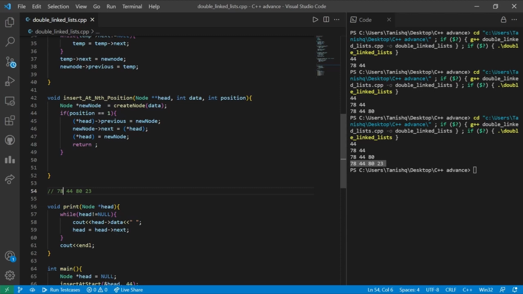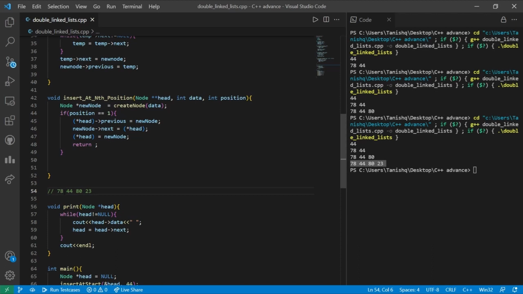As 78 is the first node, that is, the head node itself, the next node is supposed to be the new node that I am going to insert. Accordingly, I don't need to traverse through the linked list. So the position here will be 2 and the traversal through the linked list will be 0 times, as the head node is the first node itself.